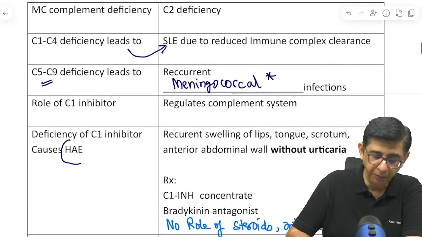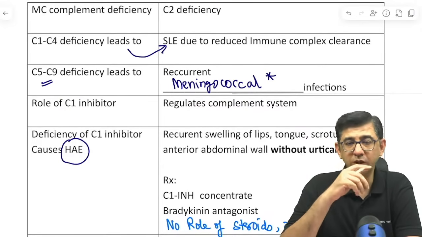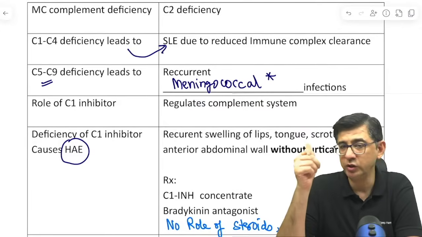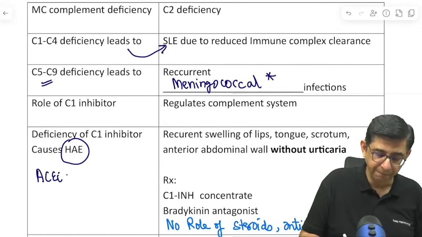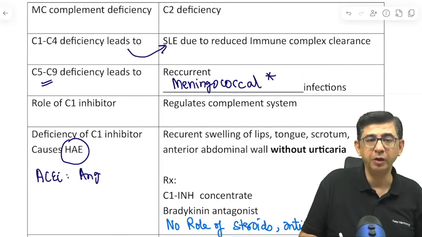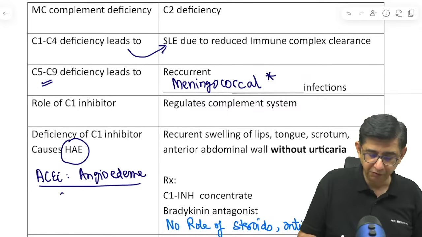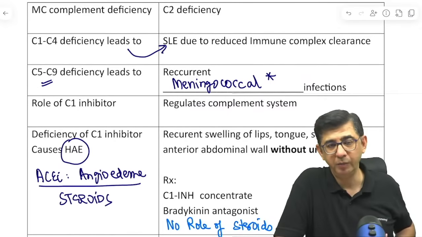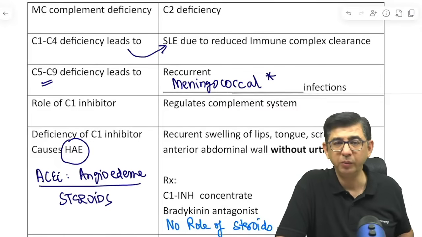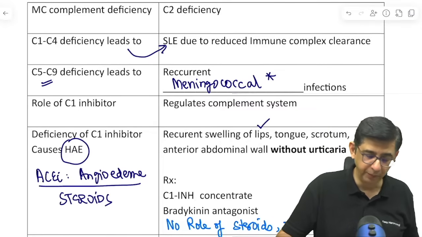Then comes the role of hereditary angioedema. हेरिडिटरी एंजियोएडिमा इज अ कंडीशन जहां पे पेशेंट को लिप्स की स्वेलिंग होती है. इसको ACE inhibitor induced angioedema से मिक्स मत करना. अगर किसी को ACE inhibitor से एंजियोएडिमा हो रहा है, उसमें तो स्टेरॉइड्स काम कर देंगे, उसमें तो Avil भी काम कर जाएगा. If a person is having angioedema involving the lips and the tongue primarily because of ACE inhibitor, the steroids would be working. But if it is a hereditary angioedema, then there is no role of steroids, and the swelling जो होगी that would be seen with lips and the tongue,